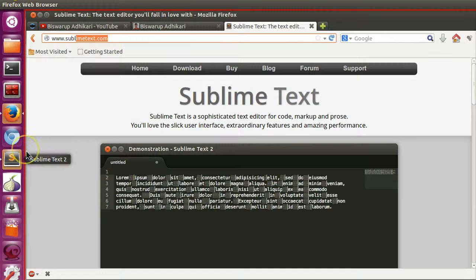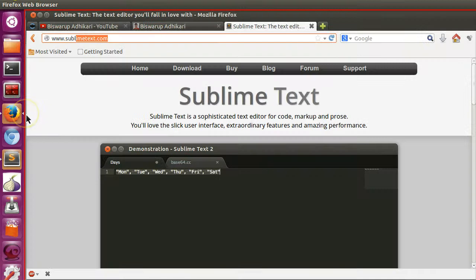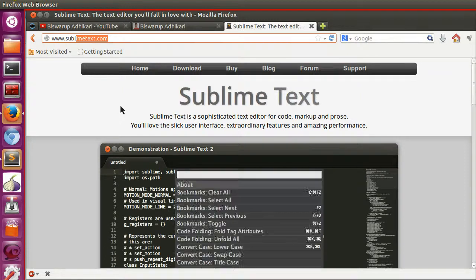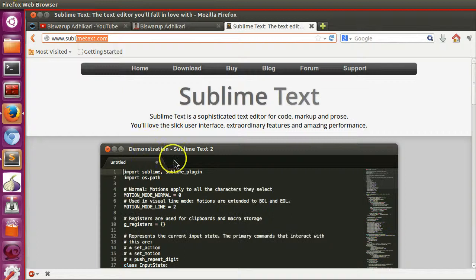I have already installed it. Here you can see my Sublime Text 2 installed, and here we can write our code and save this HTML code to a file. So our editing problem is solved. Now the question is how to run HTML code. Simple: who can read your HTML code? The browser. So you just have to open your file in the browser. Then the browser will translate your HTML code to a display, and then you can see it like this.